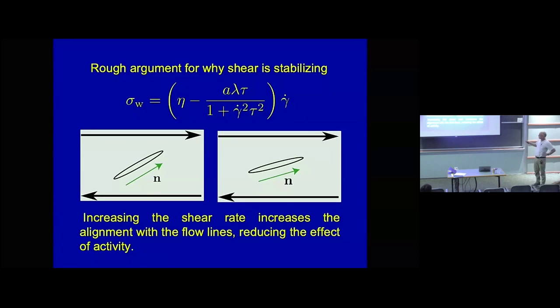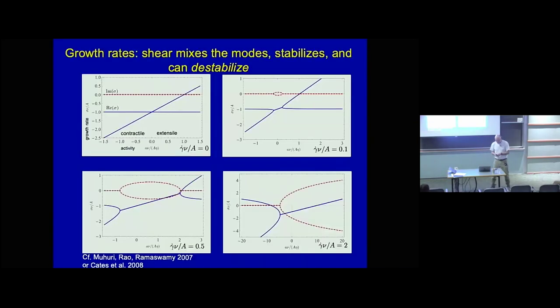So you can work that out, and the basic effect is that you're going to get less and less of this reduction of the viscosity when you have more and more strain rate, more and more gamma dot. That is to say, you're going to need a higher activity to get the system to go unstable. This is a rough argument. It's not going to give us the correct numerical factors like the infinitesimal shear rate argument gave us, but it gives us the right dependence for how the critical activity depends on the strain rate. So we can be more quantitative and work out the details. We can work out the growth rate,